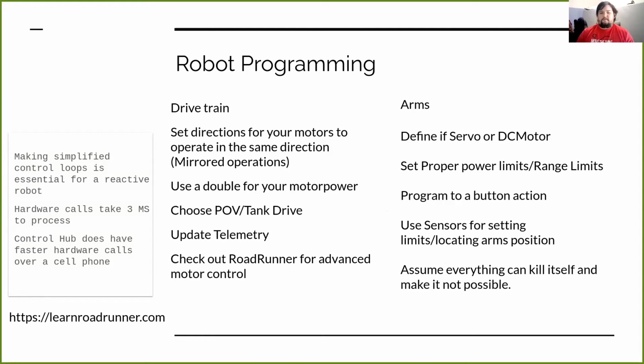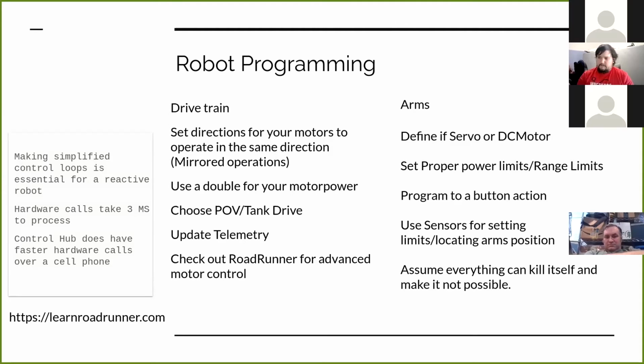Now you'll notice on the slide here we have our drivetrain set up in the flow of your program. You're going to define your motors, what directions you're going to go. You're going to define your motor power with a double and how you're getting that motor power. You're going to choose what kind of drive system you're going to do, what that looks like, how that is modified. You're then going to do a telemetry update because you're going to want to know what your robot is